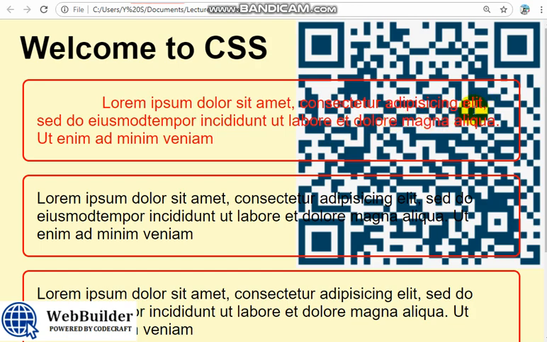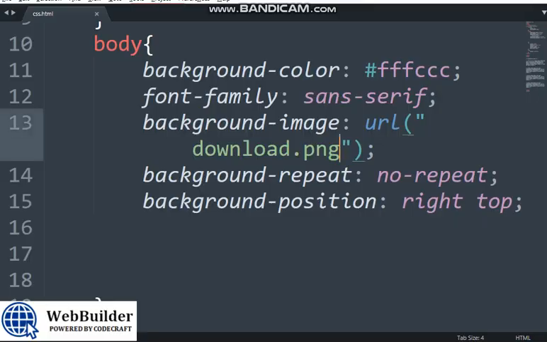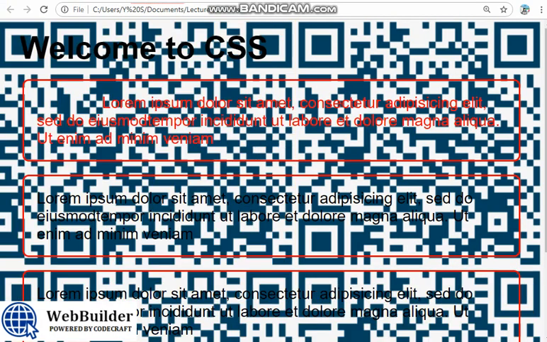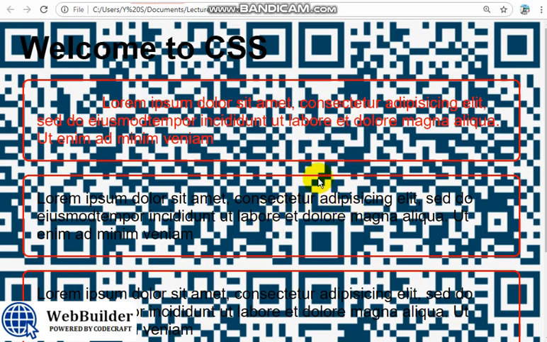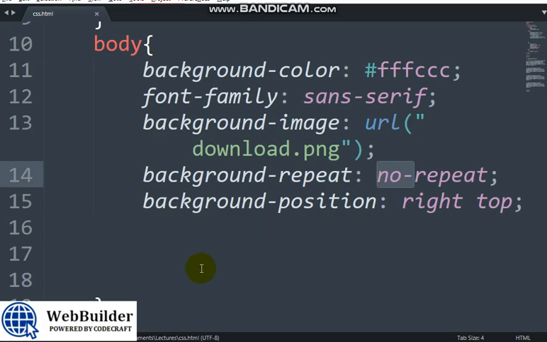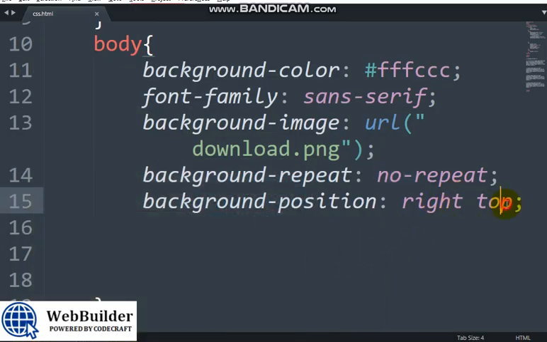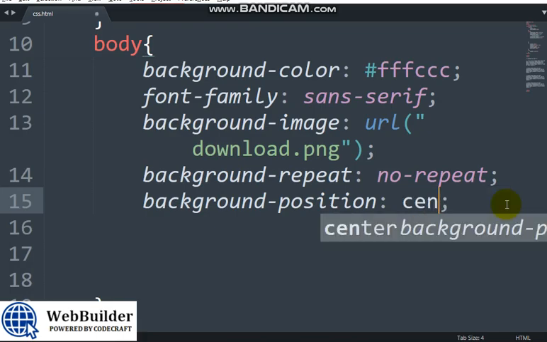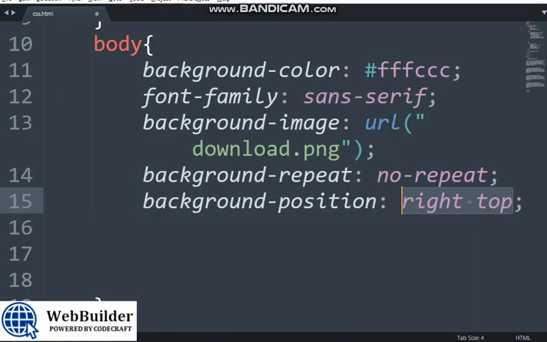Yes. You see where this image is, at the top right. Why? Because I said top right. I put no repeat. Let me use repeat. You can see it's repeating itself. So it's not only one image you see. One is here, one is here, one is here, one is here. But when I say no repeat, that means it should not repeat. Just bring only one. But where you can use center or right top, you can put center to be at the center. But right top, it will